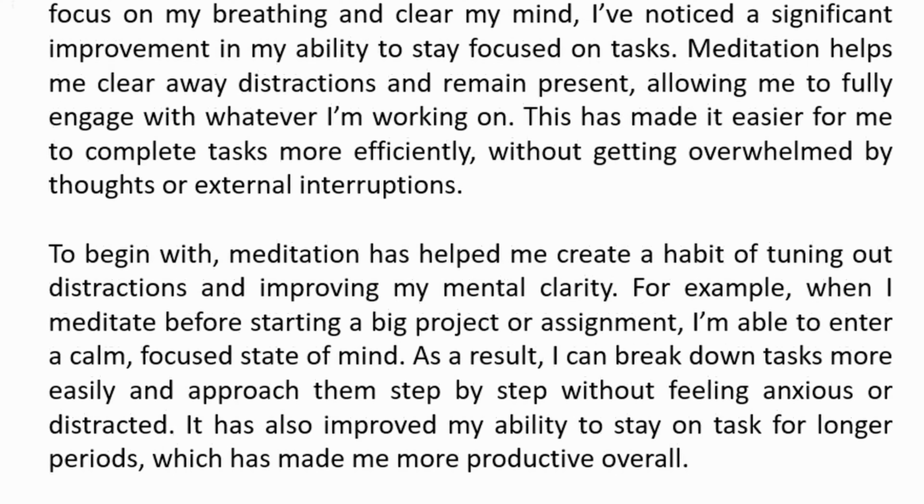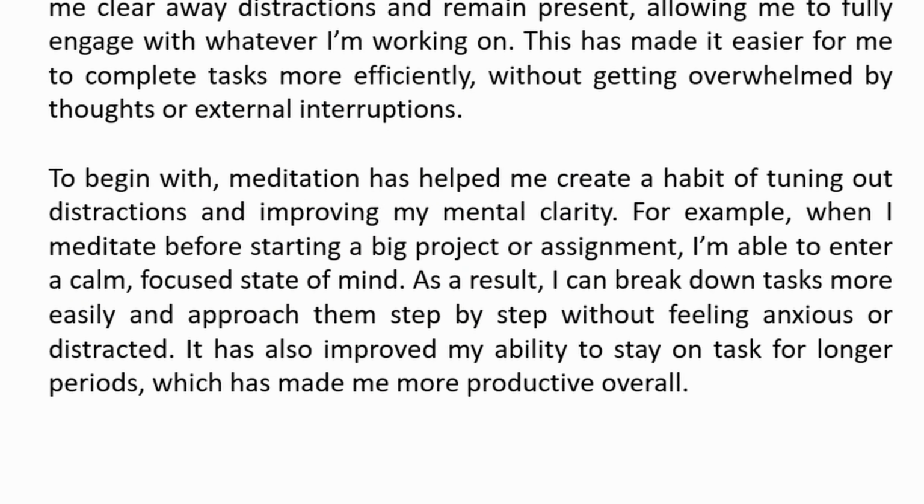To begin with, meditation has helped me create a habit of tuning out distractions and improving my mental clarity. For example, when I meditate before starting a big project or assignment, I'm able to enter a calm, focused state of mind. As a result, I can break down tasks more easily and approach them step by step without feeling anxious or distracted. It has also improved my ability to stay on task for longer periods, which has made me